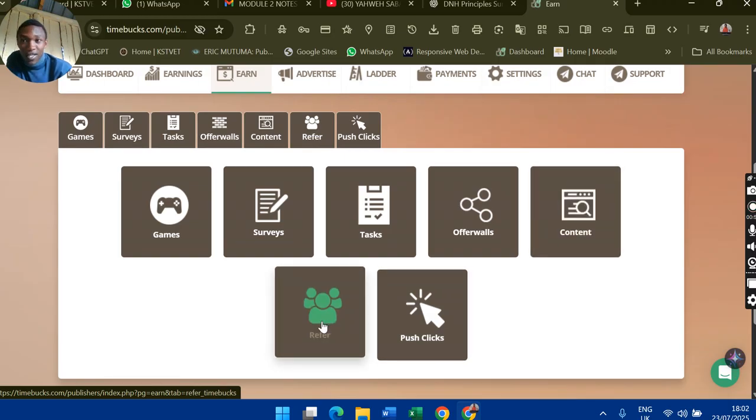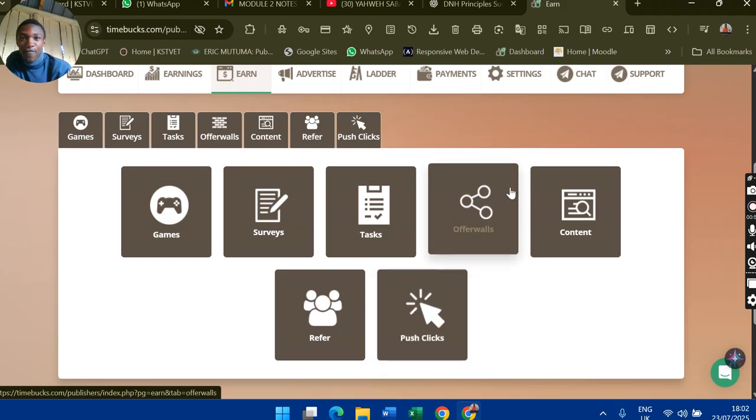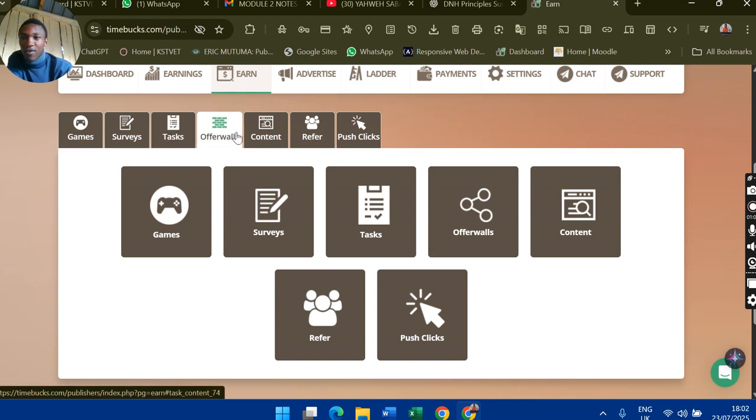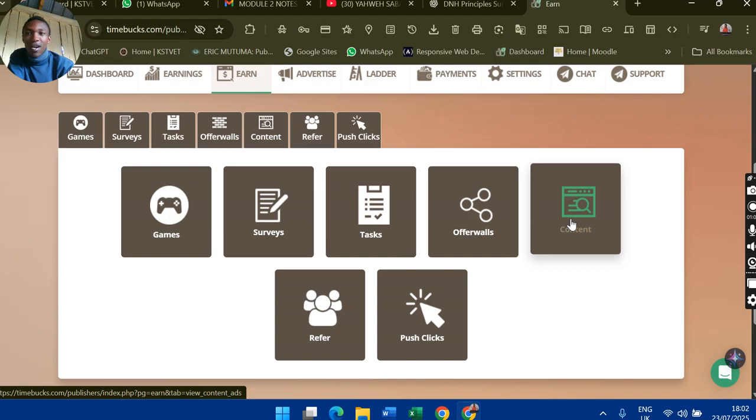You can refer someone using your link. You can also do the push clicks. All those are the activities that we do here on Timebucks. You can also do the task, the offers, the content. So the content basically are the ads that you will watch for a few seconds,